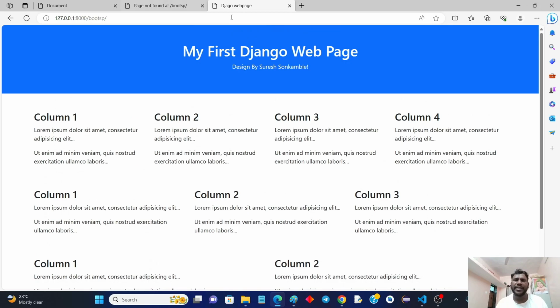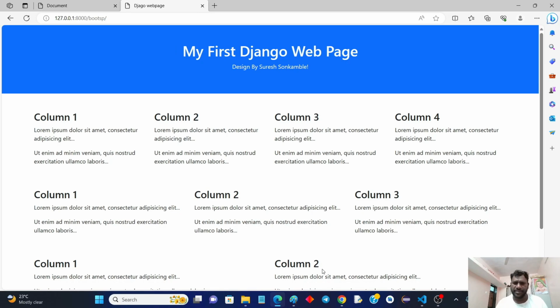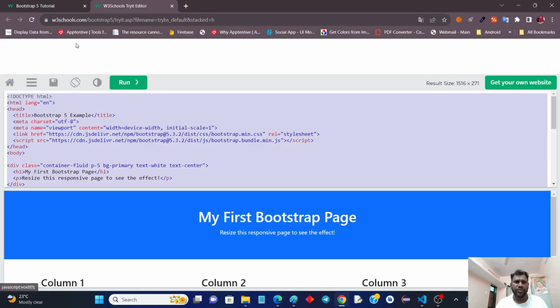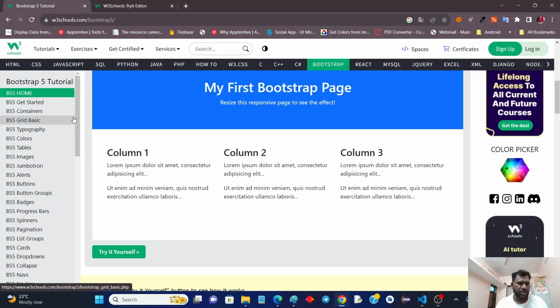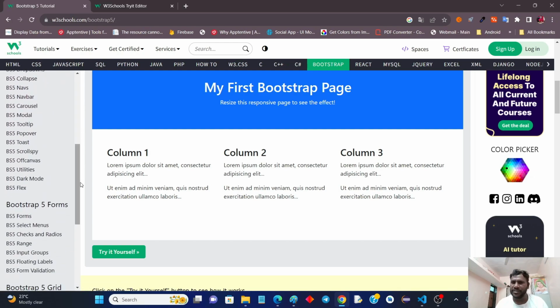So in this way, you can add any bootstrap themes easily and you can access this box. You can use every bootstrap theme, anything you can add here. Not so difficult. It's very easy. Suppose you want to add the forms, you can use all the tools of the bootstrap. I'm just showing the steps how to add the bootstrap things. So only follow the view section and the URL pattern, because that is the only base,